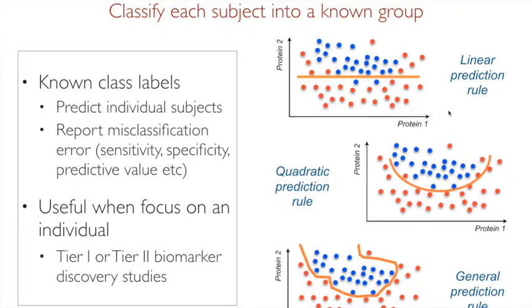And so, for example, here if we have two proteins, we have a decision rule where we ignore protein 1, and high level of protein 2 means healthy, low value of protein 2 means disease. And it will work reasonably well, except that some of the red dots are misclassified. So now we can have a more flexible rule where we use both proteins, and so now we have fewer red dots misclassified. And now we have some very flexible rule which leaves nothing misclassified, but it's likely that this particular rule is accommodating our data points too much,